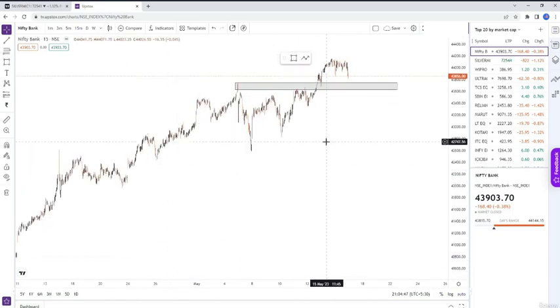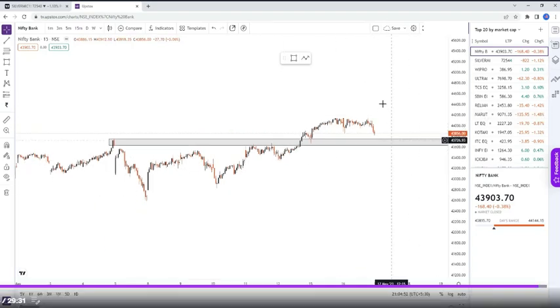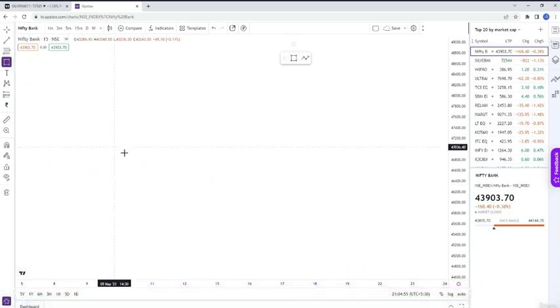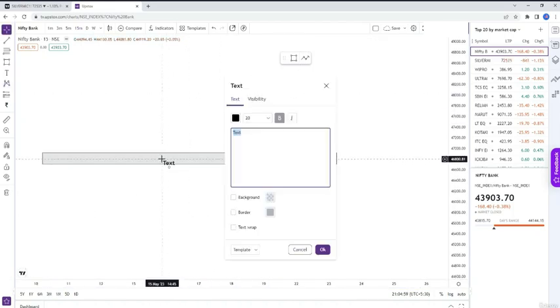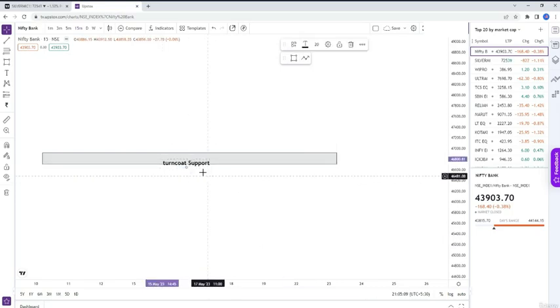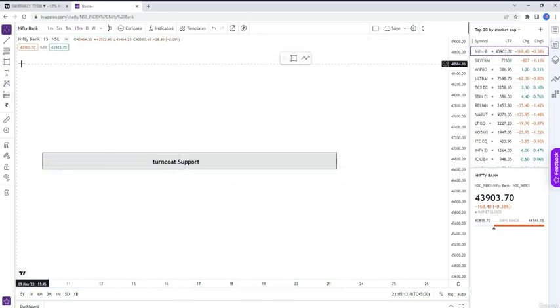Okay, so yep, that's all about how to draw turncoat. Let me quickly revise it for you. This is the area called turncoat support. It's called turncoat support when earlier it was a resistance zone. When it is a resistance area,